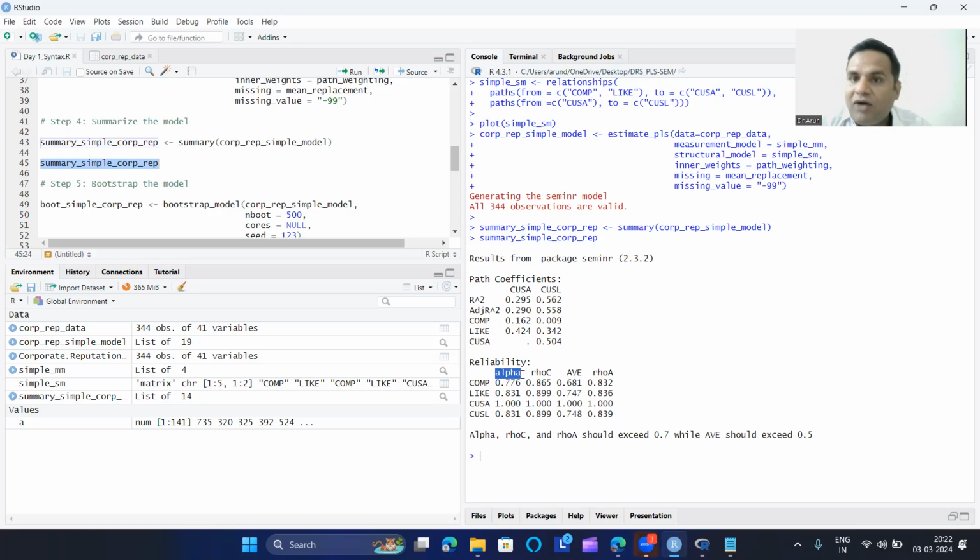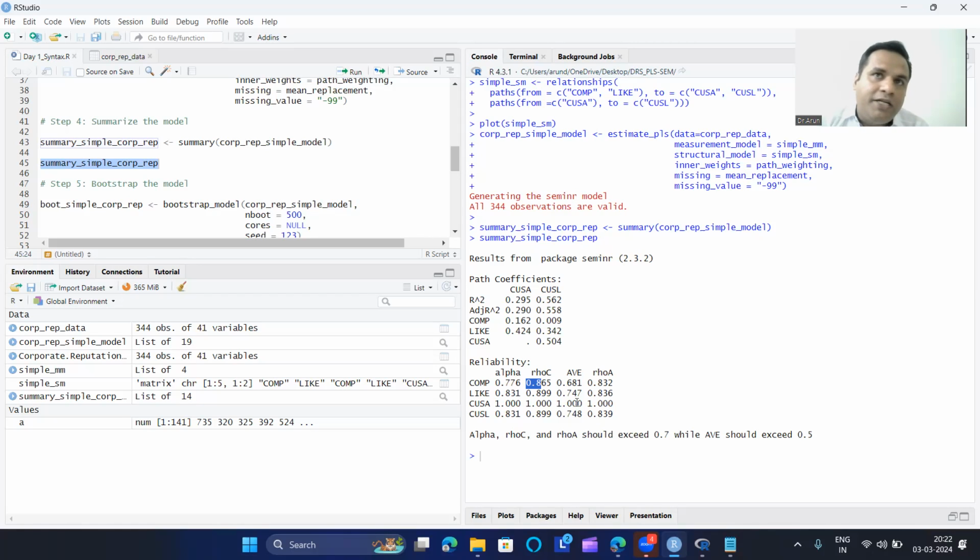See, this is reliability alpha. Alpha is Cronbach's alpha, and it should be greater than 0.70. See, all your alphas: 0.76, 0.831. With one item, there is no reliability. Kiran, pay attention. See, CUSA: everything is 1, you can't statistically calculate it. And this is 0.831. So alpha is decent. This is composite reliability. Again, this should be above the threshold. People calculate composite reliability for